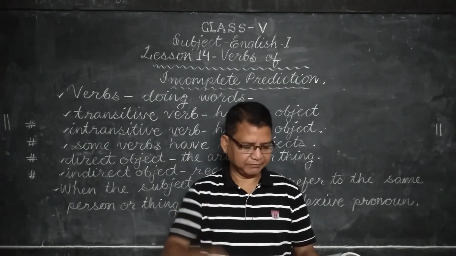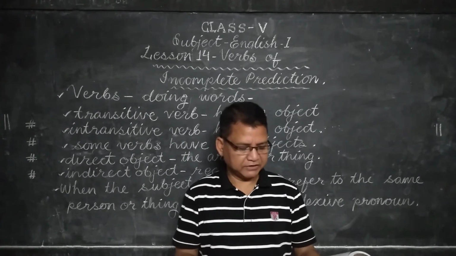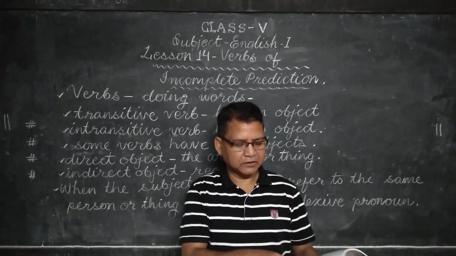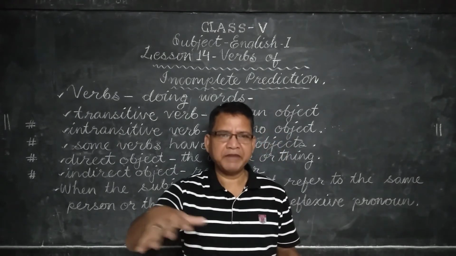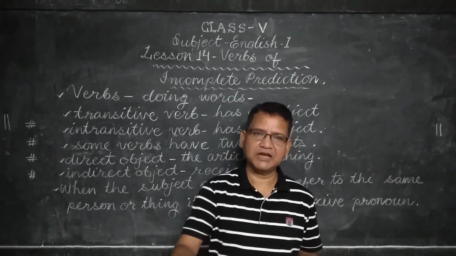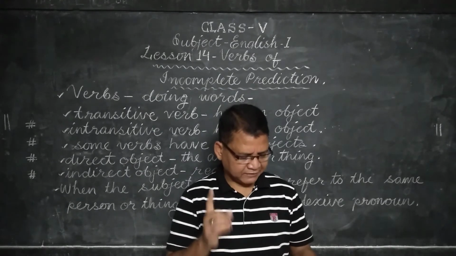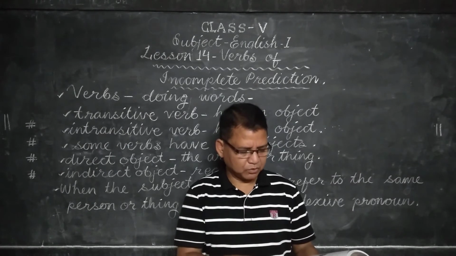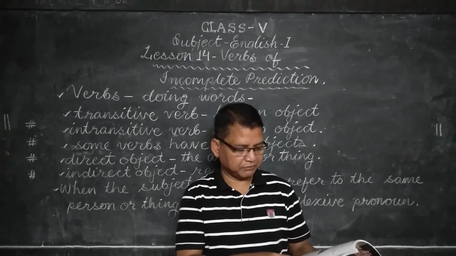Made what? Salim. But if the words the captain of the team are left out, the sentence will not be complete. Very interesting. The boys made Salim. Okay, we know this much, that Salim has been made something by the boys. Some position has been given to Salim by the boys. But what position? We don't know. So in that case, it becomes incomplete. So we have to complete it. The words the captain of the team are needed to tell us what the boys made Salim.